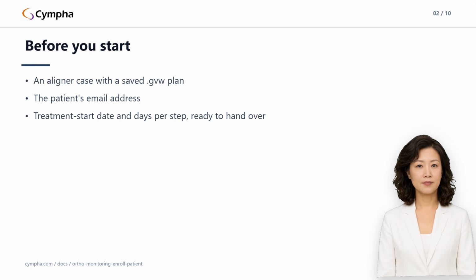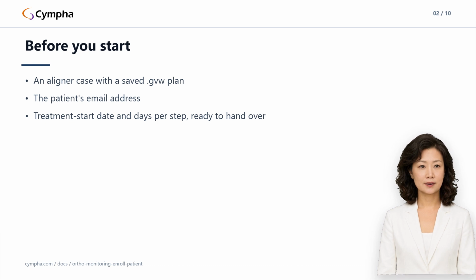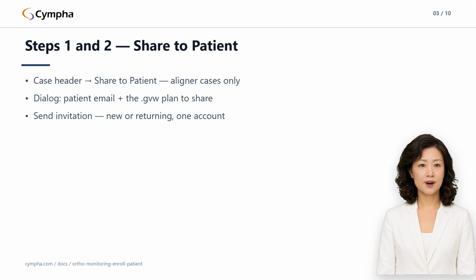The enrollment itself is the patient share you may already know from the treatment plan lecture. Open the case from your case list at app.cympha.com. In the case header, near the status and category badges, sits the Share to Patient button. It appears only on orthodontics, AlignerBot, and clear aligner AI cases, right next to the regular Share button, which is